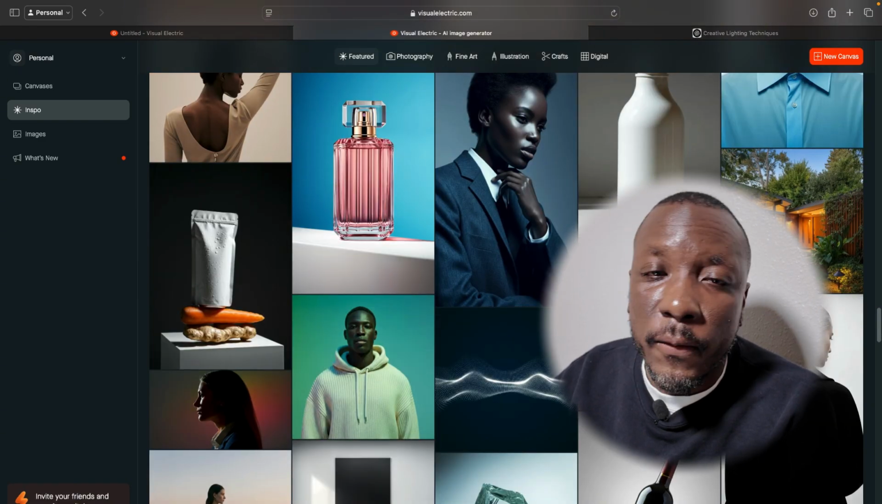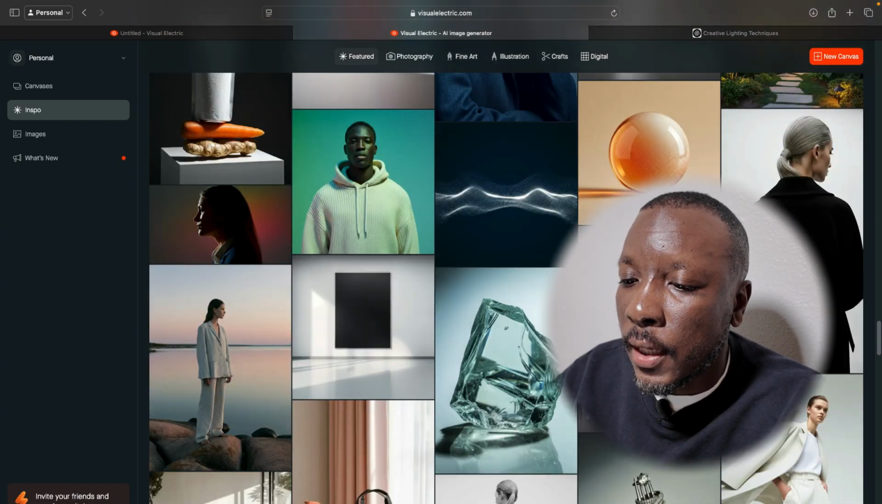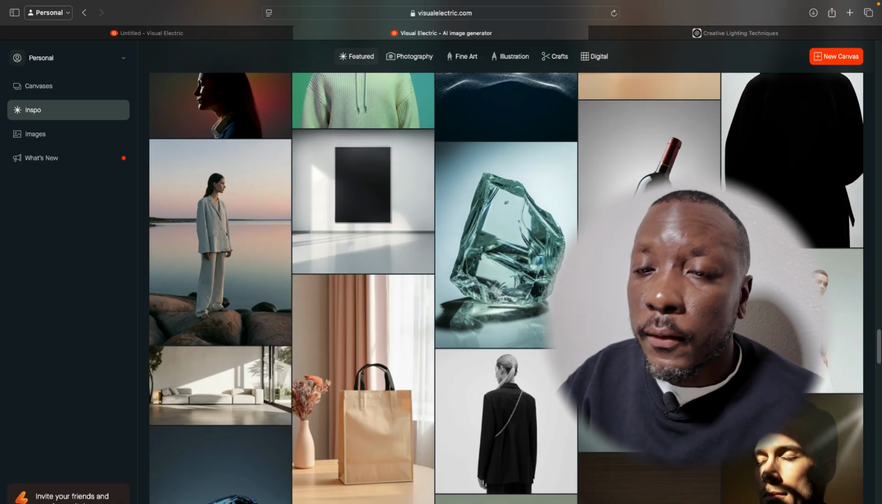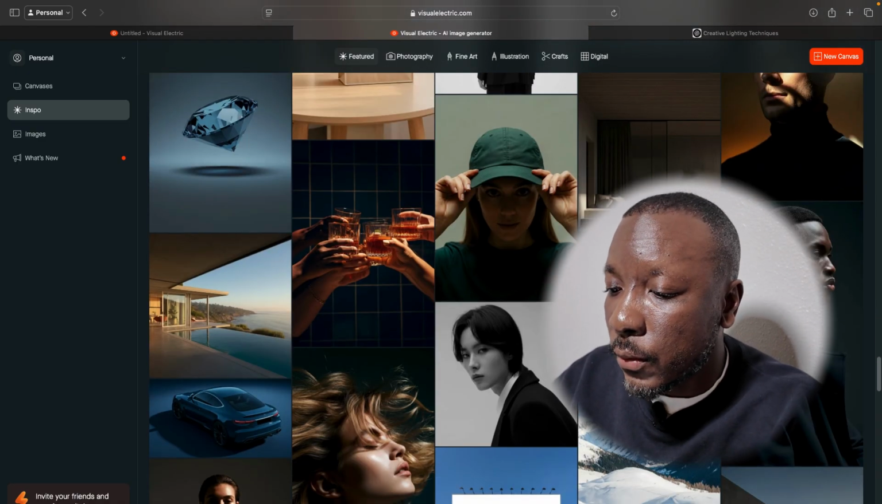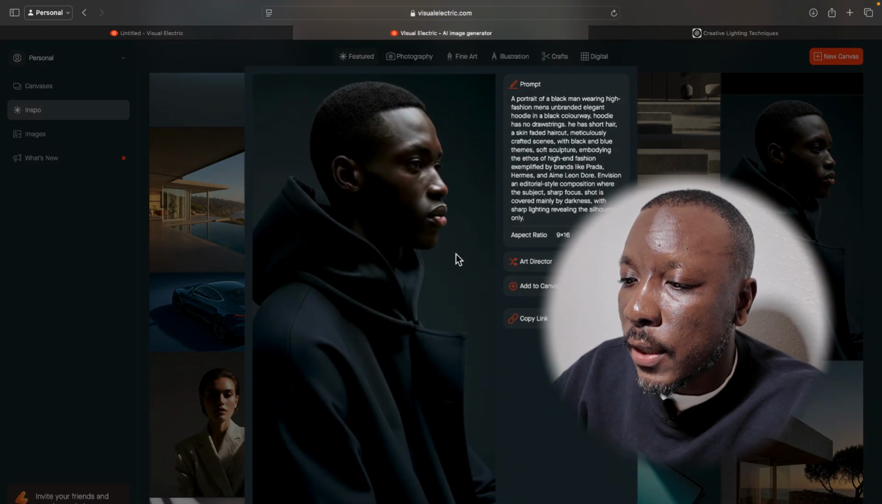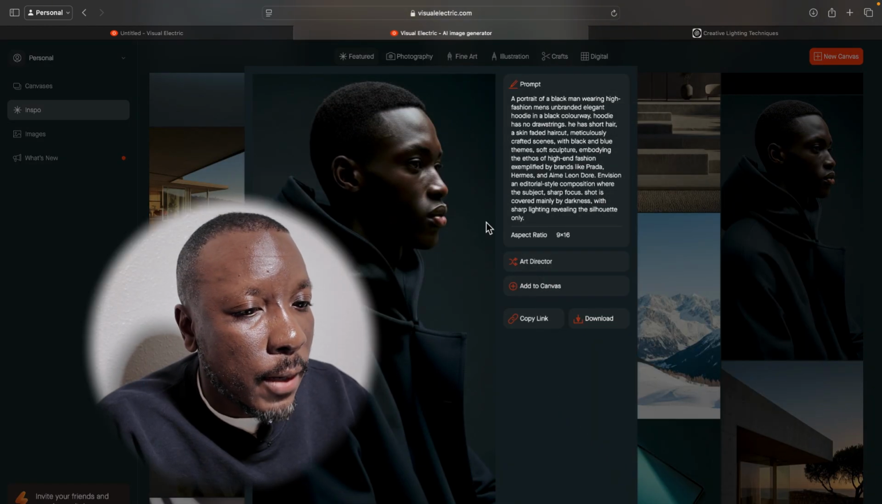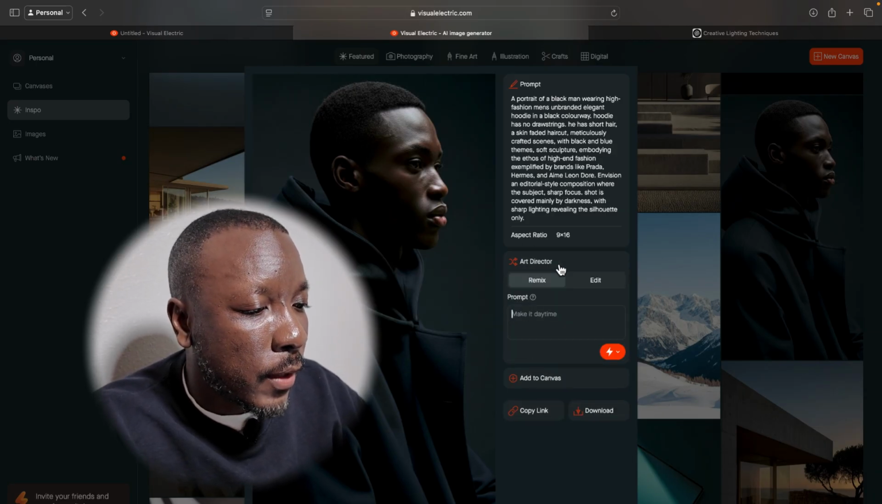It seems to be more photography focused, while things like MidJourney literally could do everything. This one can do everything, let's not get that twisted. It can do everything, but you can tell it has a photography focus, and it's really easy to get started and be creative. Just right now, let's see,